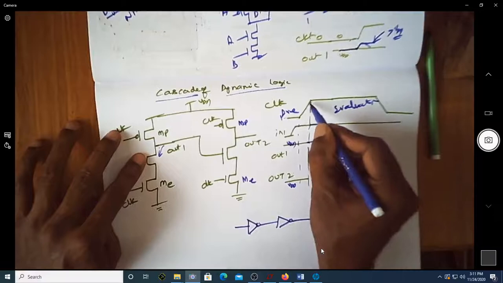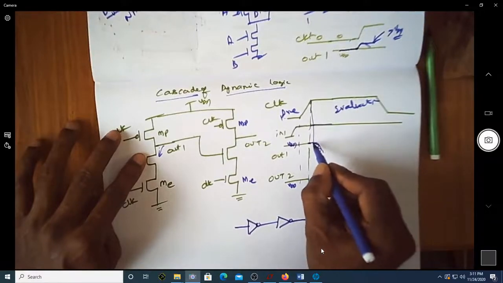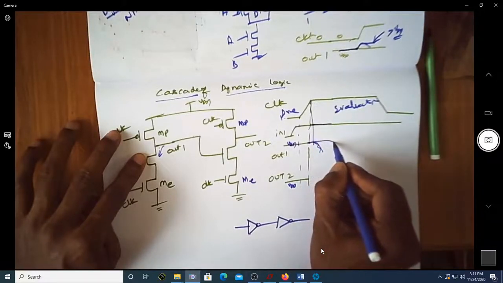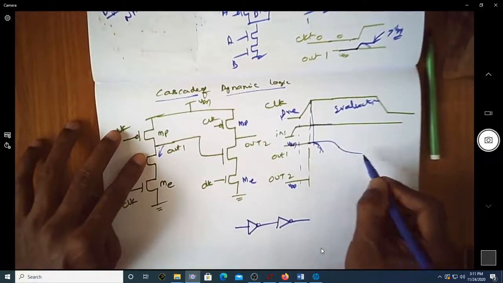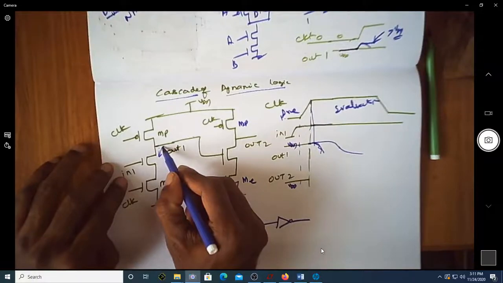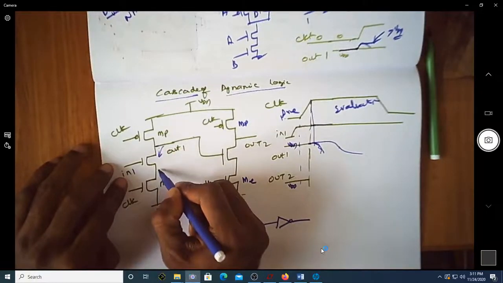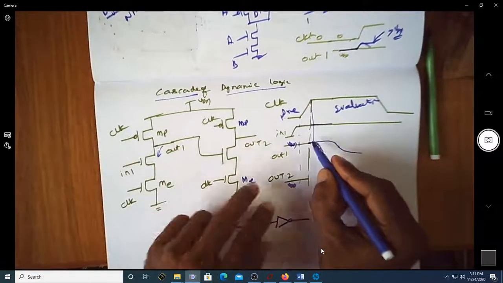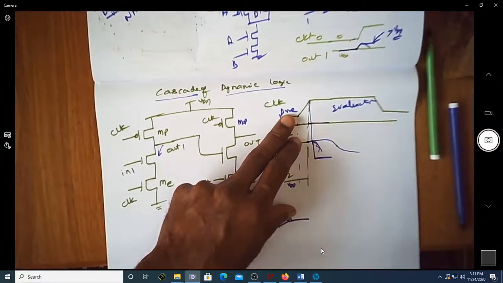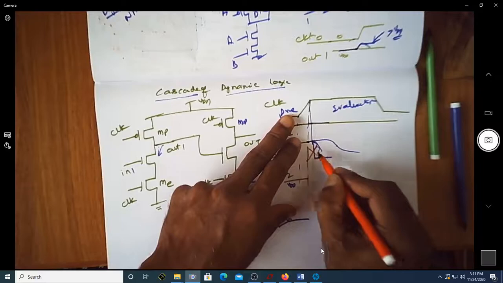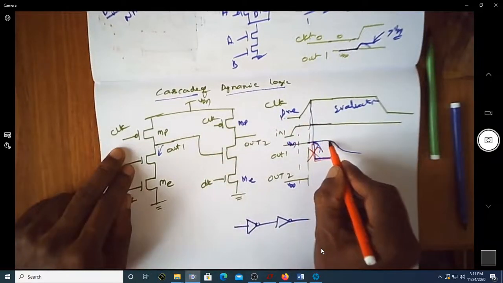So let us assume that this is your period. It will take some time for this to go down, because we know that this voltage cannot reduce to zero instantaneously. So you cannot expect that this will become like this. This will never happen. It will take some time and then it will discharge.